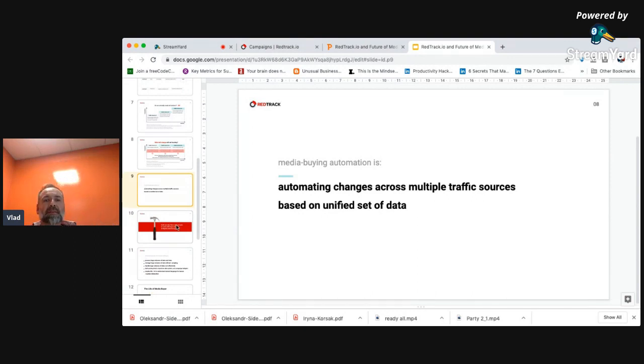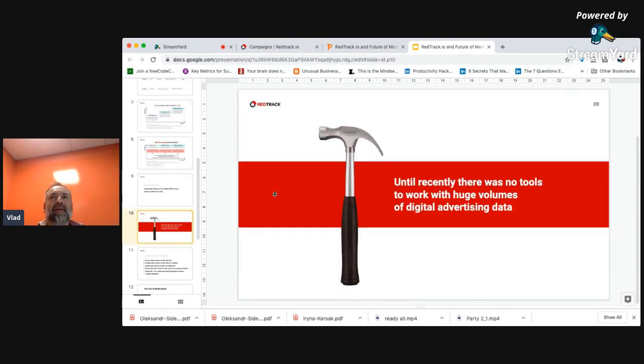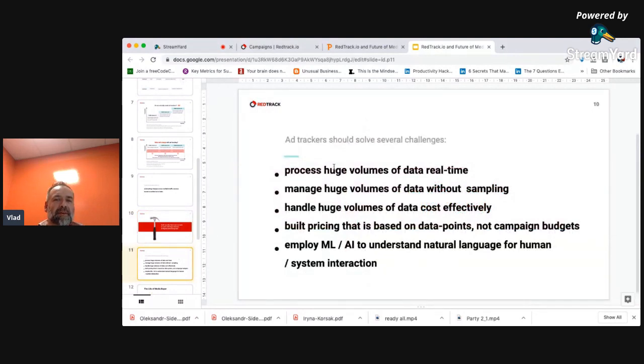And you'll ask me, hey, Vlad, this is a very obvious idea, why did nobody else do this before? I'll tell you why, because to do this, a tracker needs to handle quite a few challenges. I won't jump into a bigger discussion about what huge volumes actually are, but I do know that a lot of people share feedback with us when switching to RedTrack from self-hosted solutions. Hey guys, we can finally work with reports when we have, I don't know, 200, 300 million, maybe a billion events in the reporting window.